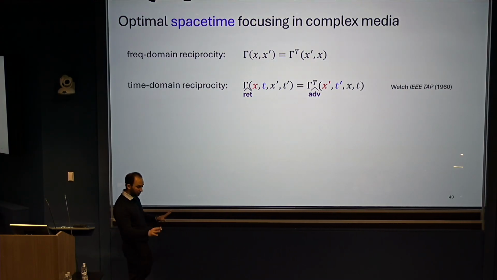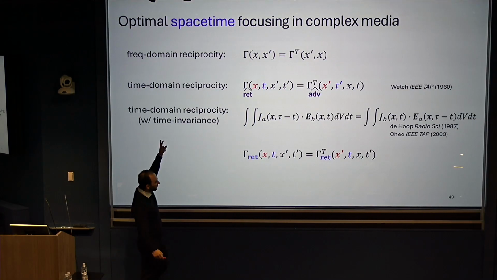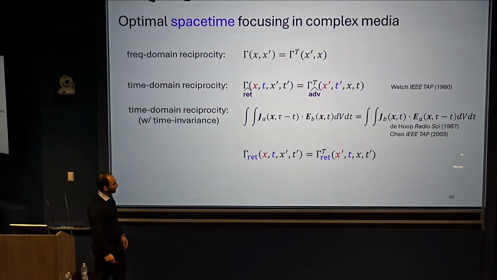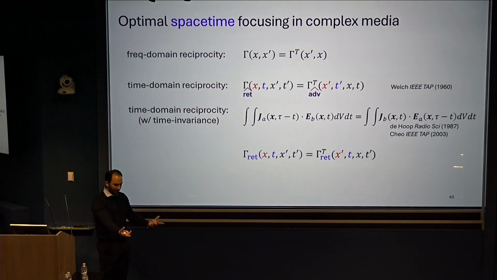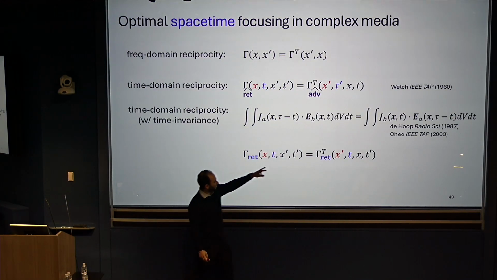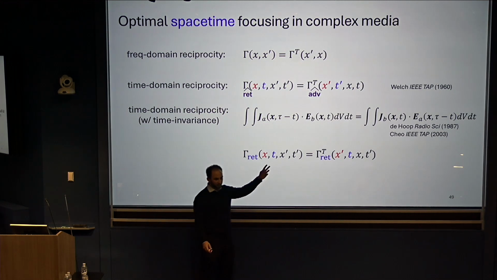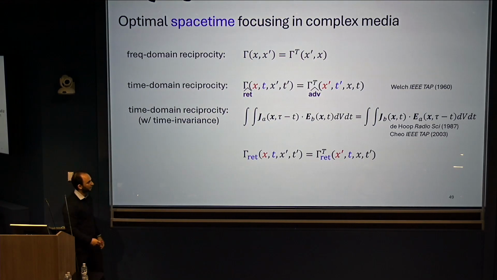If we want to avoid that and just use the principle of reciprocity, there's another version of the reciprocity principle in time invariant media called the convolutional reciprocity relation, which says, in fact, in time invariant media, if I have 2 sources that emanate at the same time, I can let them both propagate forward in time, and the retarded Green's functions will be transposed symmetric partners of each other without flipping the time variable. So I actually can run the simulation forward in time, measure the fields, and that tells me how to then create currents that maximally focus at a given time without doing any time reversal or back propagation.